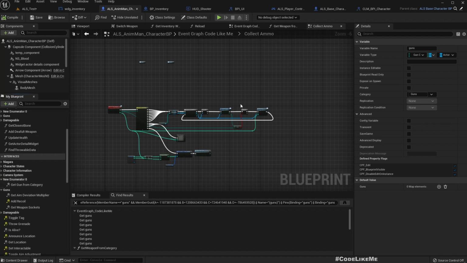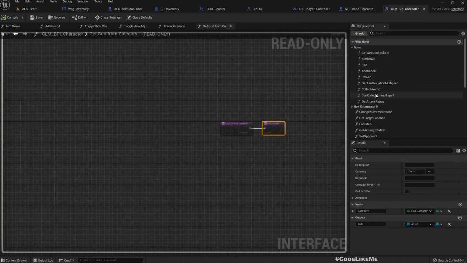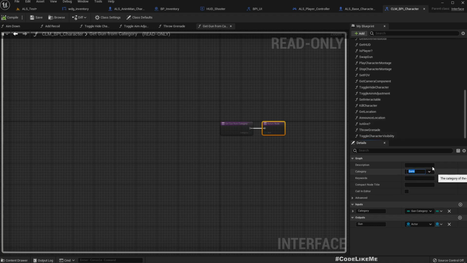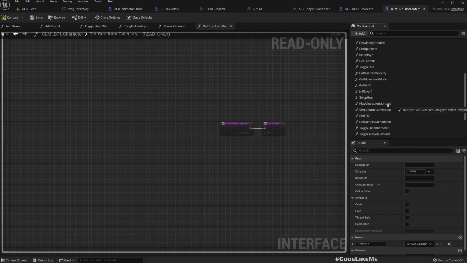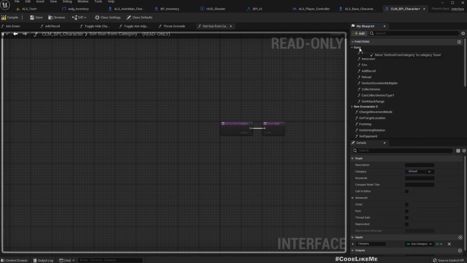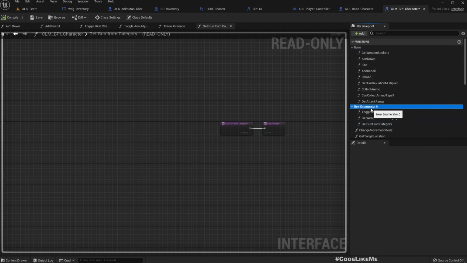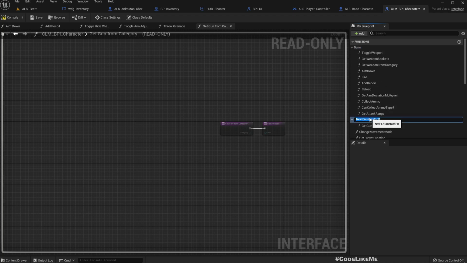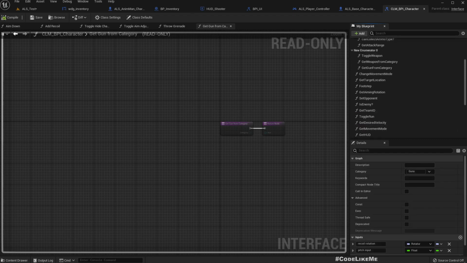Why is this going in here? Oh, that seems like a bug. Anyway,